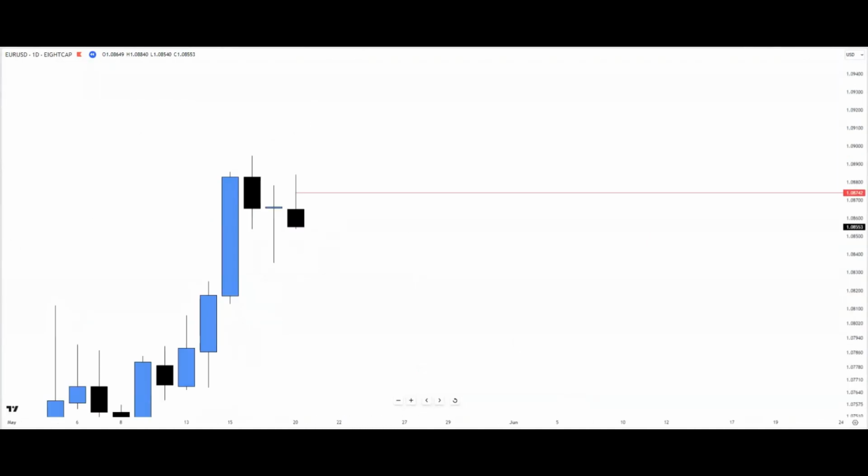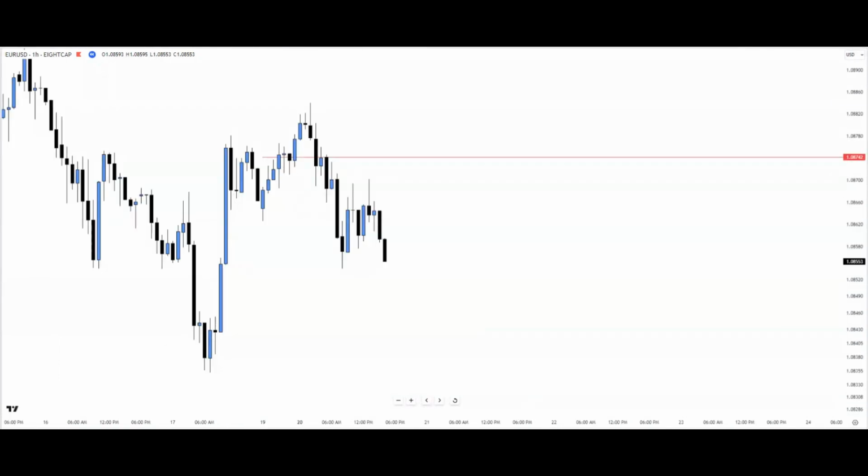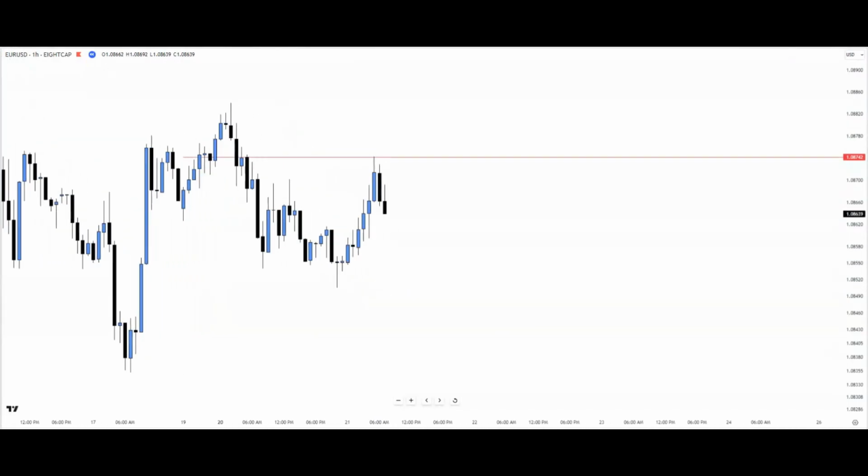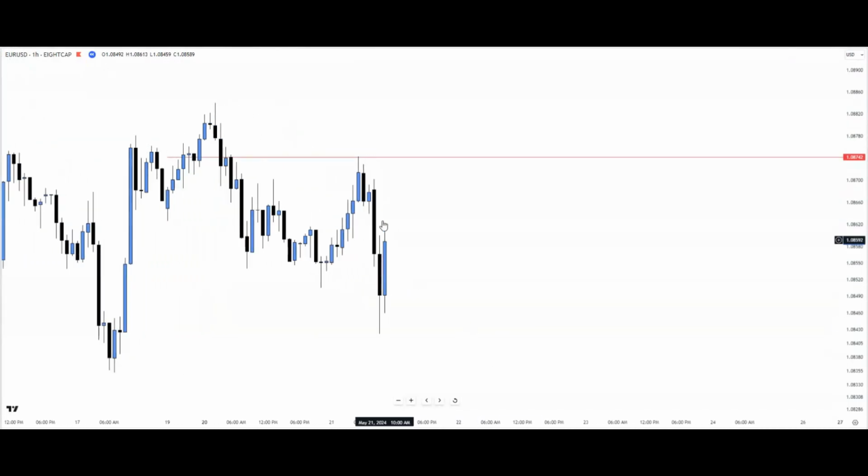So here we've identified a rejection block CE on the daily time frame, which is the mean threshold of this particular rejection candle right here. So we drop down to the 1 hour in this case. We want to see our price reach for this particular consequence encroachment and trade away from it. So we can see our price reach for this consequence encroachment, trade away from it, giving us a break